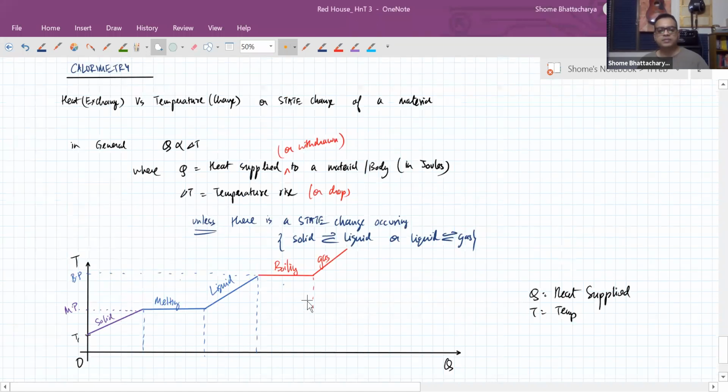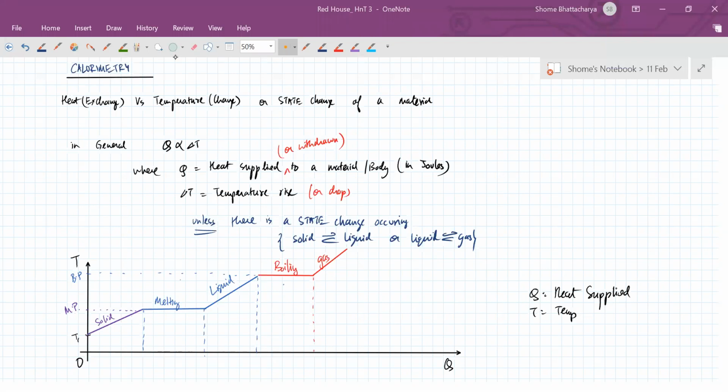So this is how heat versus temperature looks for materials when we subject them to experiments in which we are supplying heat and observing how their temperature is changing or how their state is changing. So this whole thing is on the basis of experimental data from various different materials. There is no theoretical derivation of why this is a linear relationship, why it's not a quadratic relation or any other type of relation. It's just based on experimental data for various different materials.